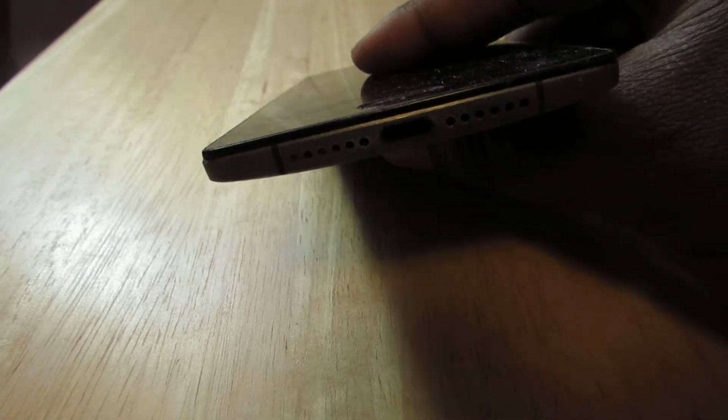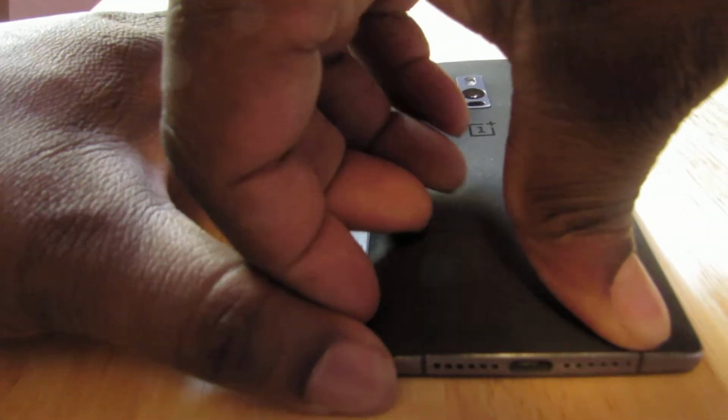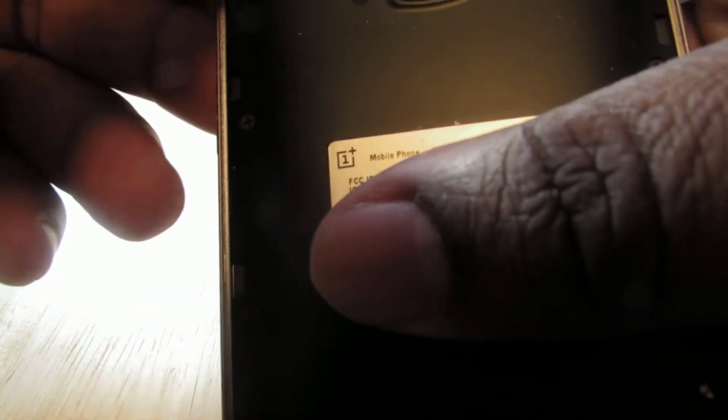So, of course, you can see there's a USB Type-C port. This phone does not do the fast charging because it doesn't have dash charging like newer OnePlus models have, but the charging does pretty good. Probably my favorite feature on this phone is the removable back of the phone. The surface is very durable. You can scratch it, but that prevents you from having the phone sliding out of your hand real easily. And then up here,